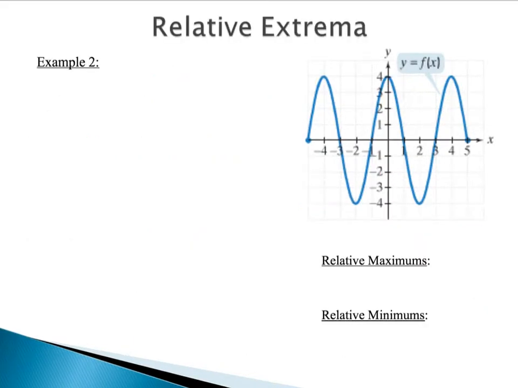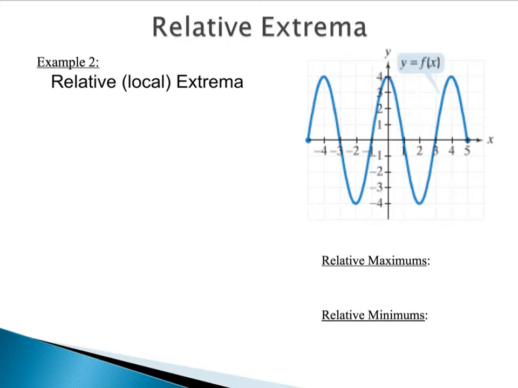In the first example, I mentioned that we need to use an open interval or parentheses when we're talking about our intervals of increase, decrease, and constant. And that's because at the endpoints and at anywhere where the direction changes, the function is not increasing, decreasing, or constant. So then the question becomes, what do we call those points where the function changes direction? And we actually call those points relative or local extrema. So as we can see up top, relative, local extrema. So that would be where the function changes direction.